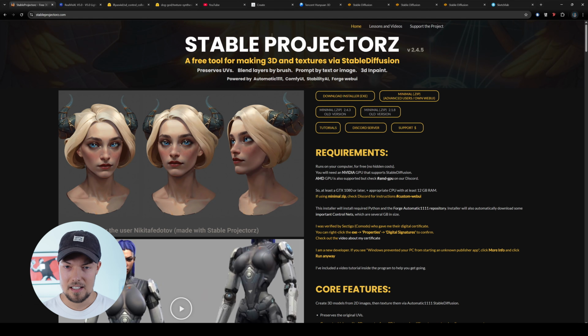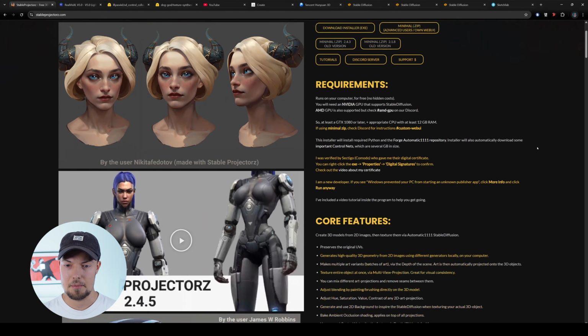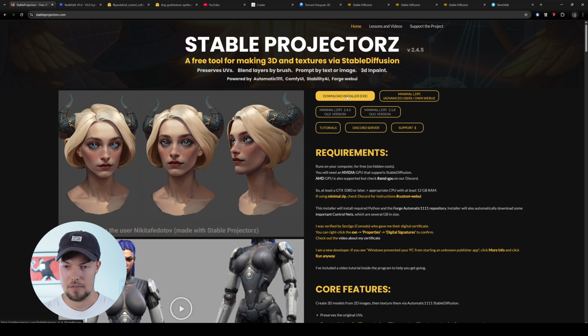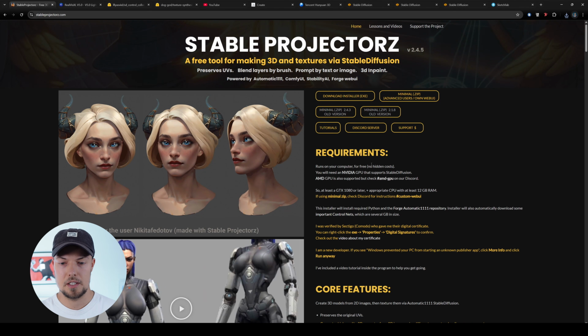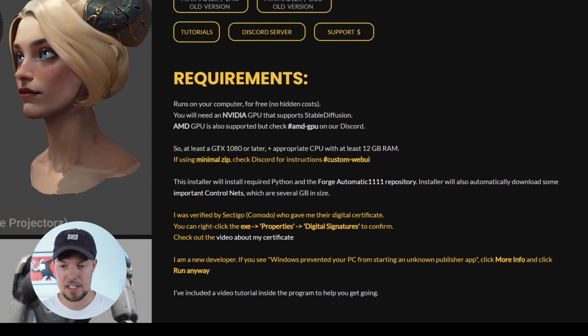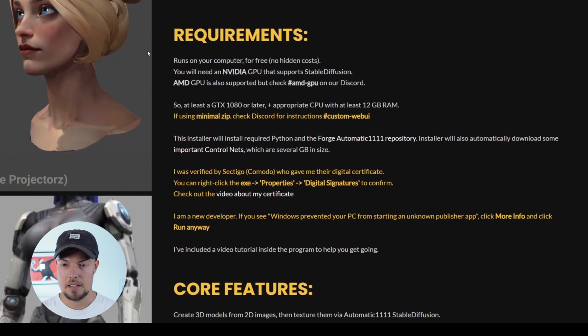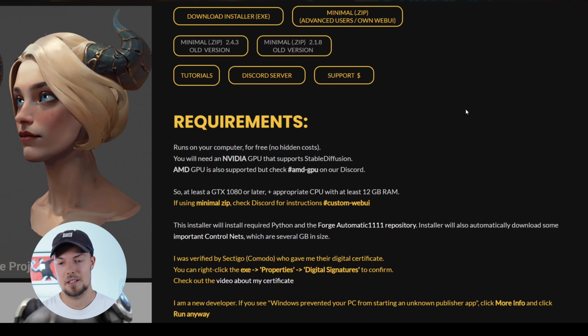So as you can see here, it's saying already StableProjectorz, and we also have a download installer over here. So we can basically click on this one to install it, and then it will download also the exe file for it. When you want to run StableProjectorz on your PC, what you need is at least a GTX 1080 or later graphics card, and you need the NVIDIA GPU for it. AMD GPU is also supported, but for this one it's highly recommended to check out their AMD GPU